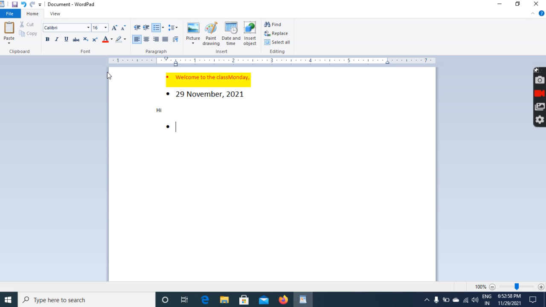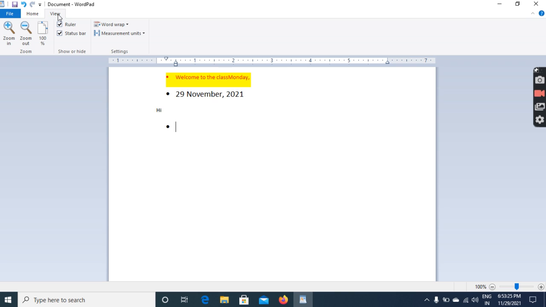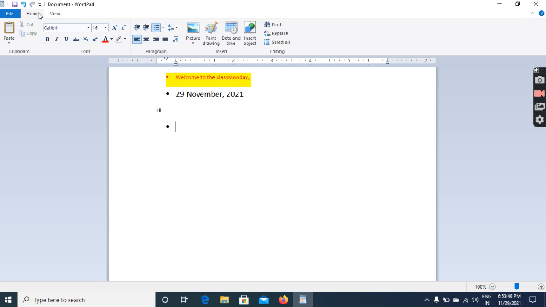Next is the scroll bar, which allows you to see the content of the window when there are too many items to be viewed at one time on the screen. Scroll means you know how to scroll up and down, that is the scroll bar. Document area, this is the space where we will be doing our work. Now selecting a tab. When you want to select a tab, you have to move your pointer to that tab, like I have moved my pointer over here, and I just have to click on it. The commands associated with the tab will appear in the groups on the ribbon. So you just have to take your mouse, click on it, and then done, you are there.